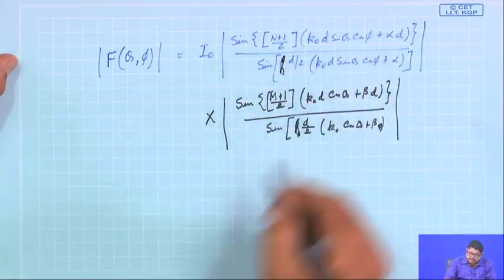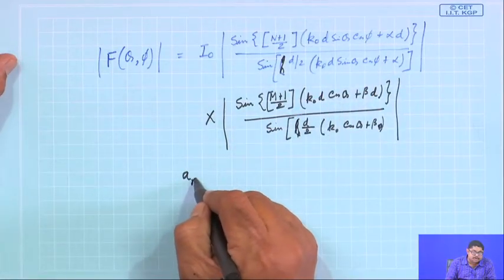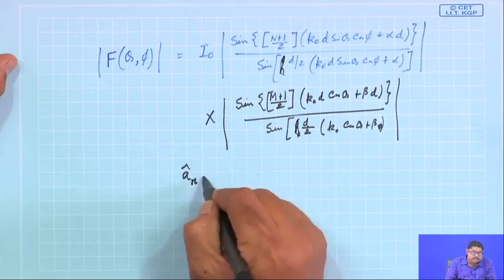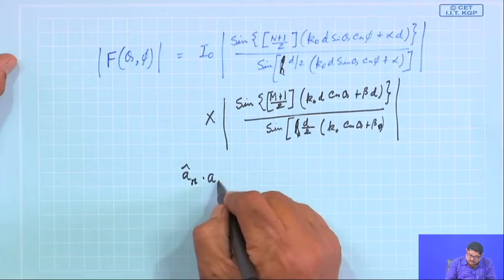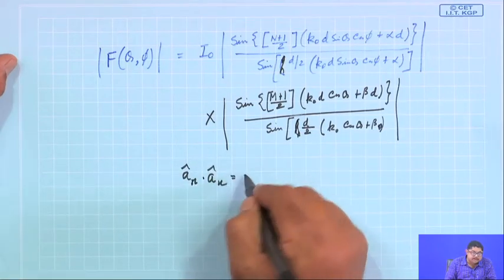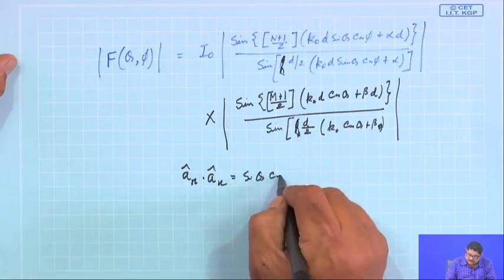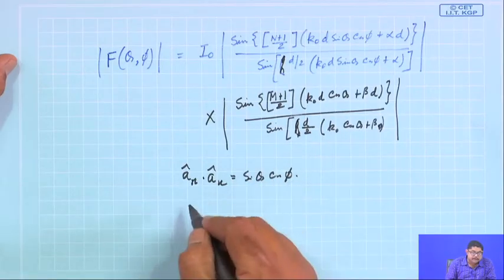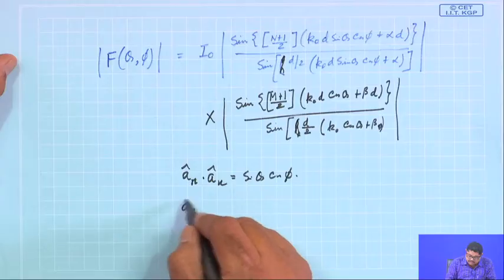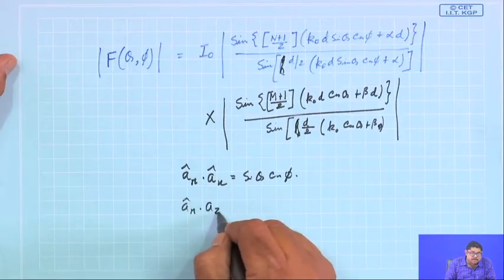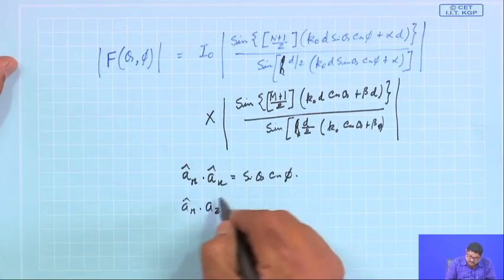Where you can note that we have used this, that a_r dot a_x is sin theta cos phi, and a_r dot a_z